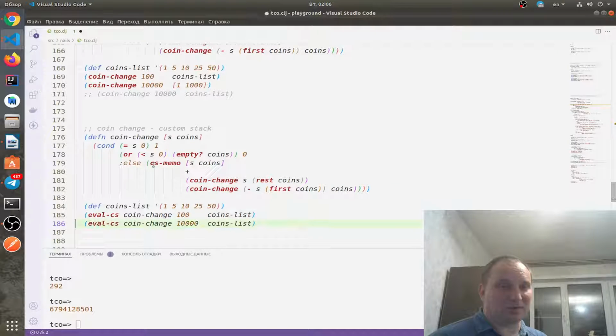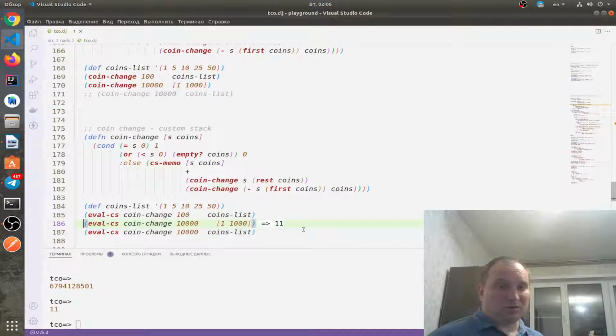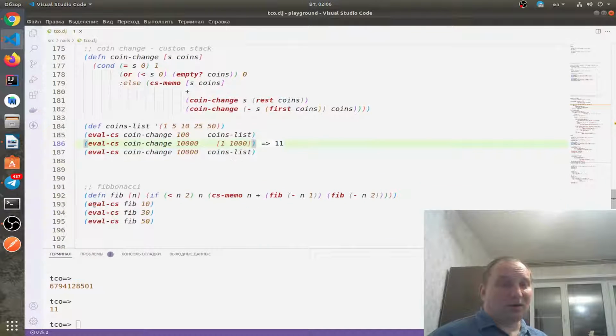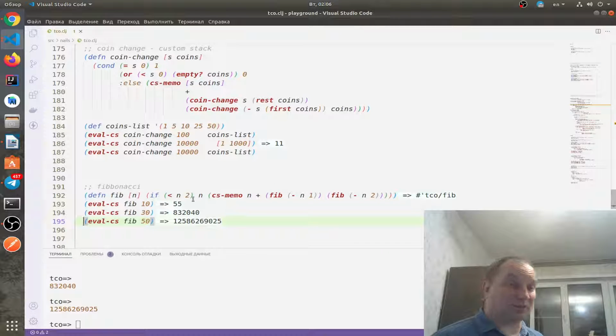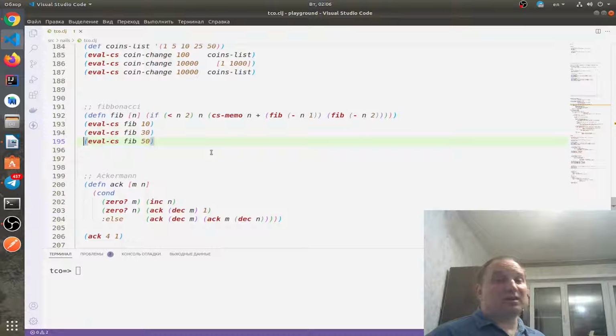Well, maybe let me do it this way. 10,000. Yes, it's only 11 ways, but here it creates a Stack Overflow. Again, we can use it on Fibonacci, but here we just use the memoization part of this custom stack. Actually, we do not have to use custom stack here, because we do not hit Stack Overflow even without custom stack evaluations. But it also works. And even on so-called primitive recursive functions. What do I mean? There is a term, so-called primitive recursive functions, and a lot of